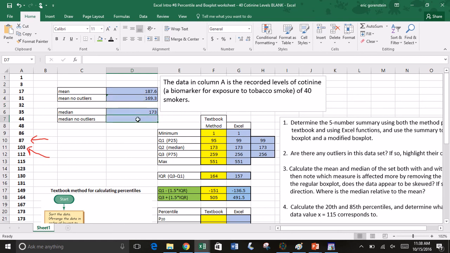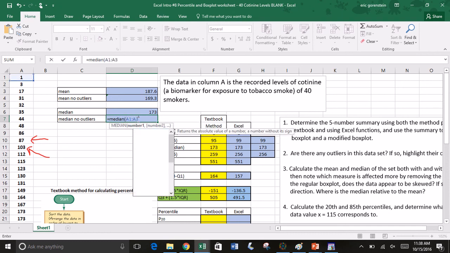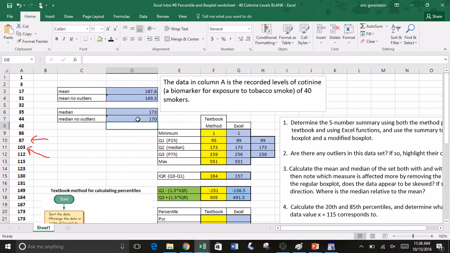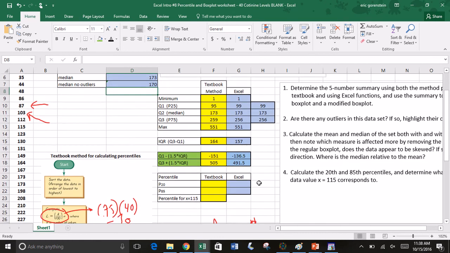And the median, again, we'll use A1 up through A38. The median, it changes, but not nearly as much as the mean changes. So when we say the mean is affected strongly by outliers, the median is resistant to outliers. Resistant doesn't mean it doesn't change at all, it just means it changes very little. Okay, I'm going to hold off on the box plots till the end because I have to draw those by